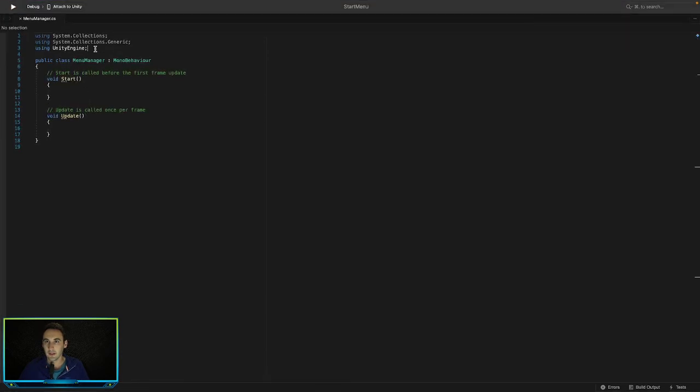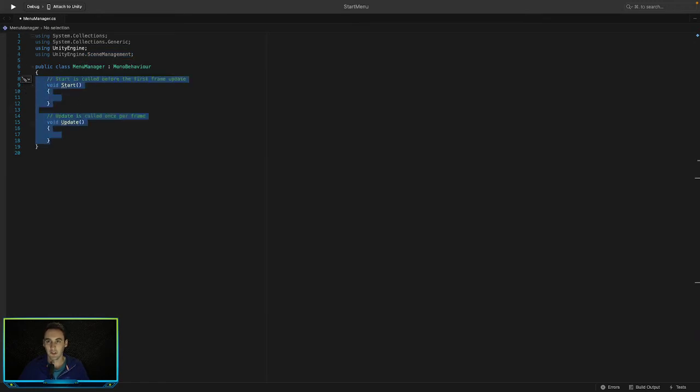So in here, let's go and copy that, and then what we want to do is we want to go using UnityEngine.SceneManagement, and then we don't need our start or our update methods. We can delete those. So let us create a new method called public. It needs to be public so that we can use them in the inspector. So let's go public void PlayGame,